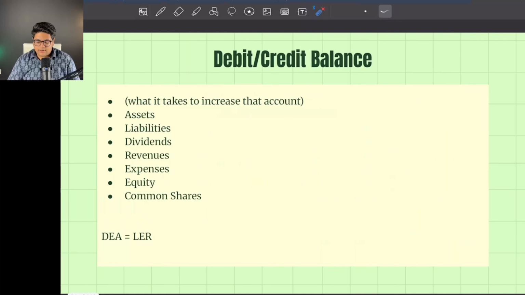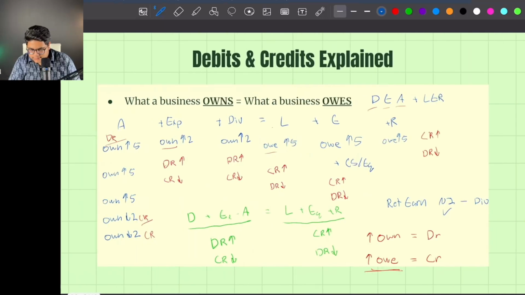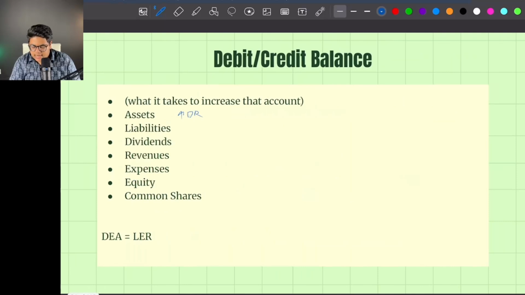Now let's look at some common accounts. For example, you have your assets, your liabilities, and dividends, and then you have your revenues, expenses, and equity, and common shares. This is how DEALER is derived. Now, if we were to look at your debit and credit balance, what that means is what is the normal balance, right? So what it takes to increase that account. For example, for your assets, if you want to increase it, you have to debit them. Remember, we're going back to this slide. If you want to increase your assets, you have to debit them. That just means that assets have a debit